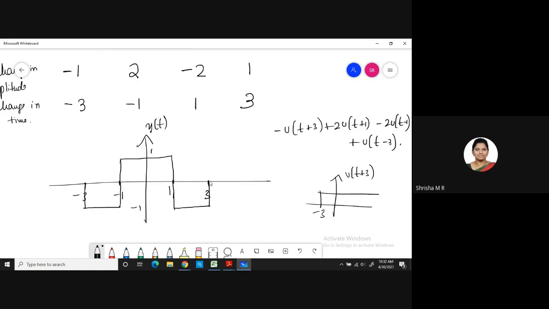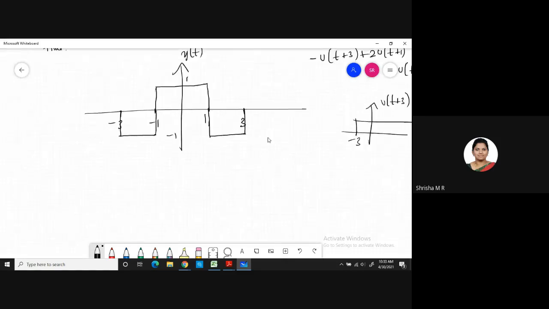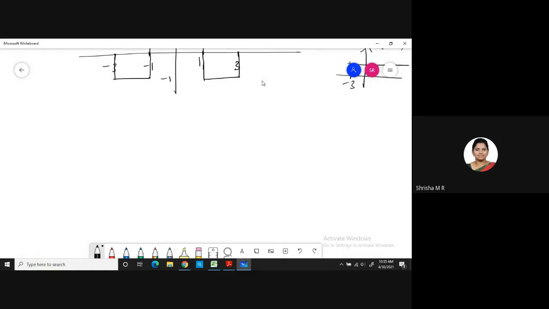Got it, everyone? Followed or not? Is it clear, guys? So I'll give you one more problem. Try solving that. Of such type only I will give you. So y of t is equal to u of t plus 2 minus 2 u of t plus u of t minus 2. First thing you will do, you will write change in amplitude,